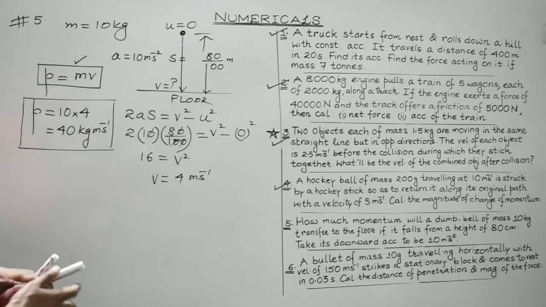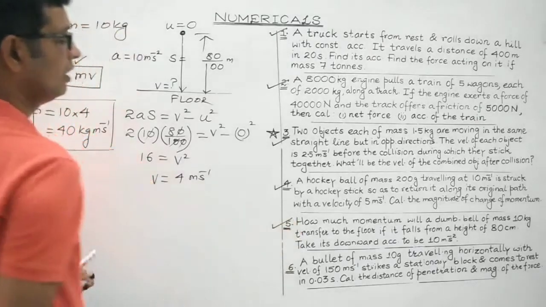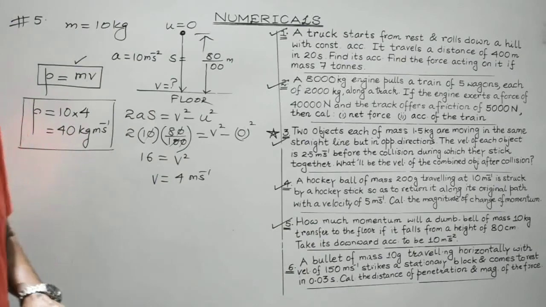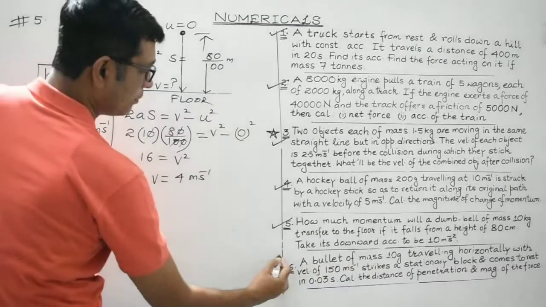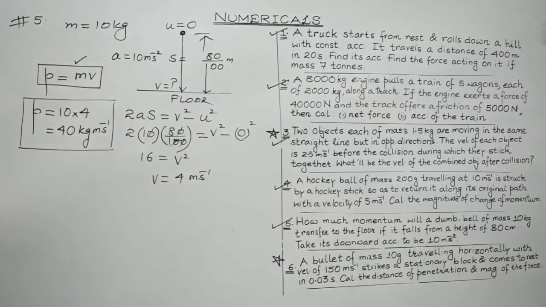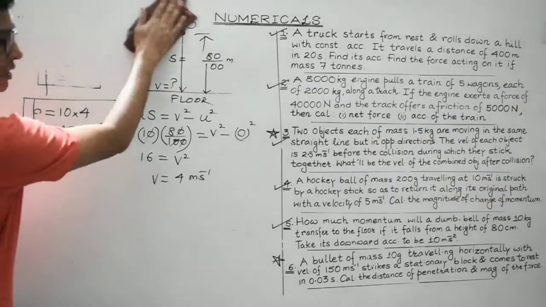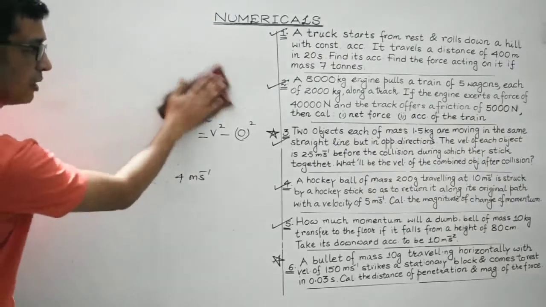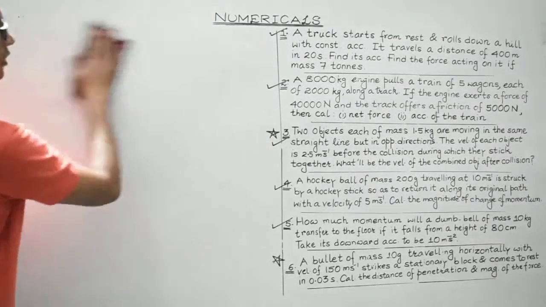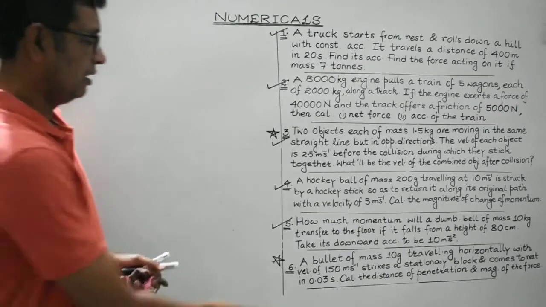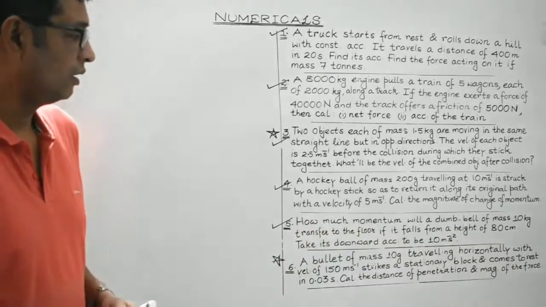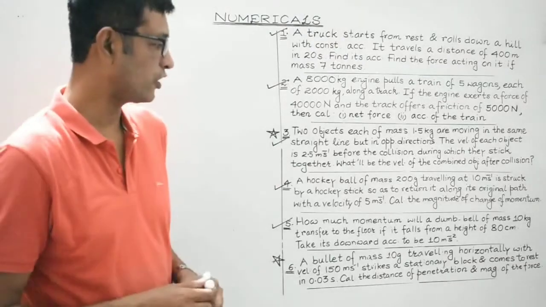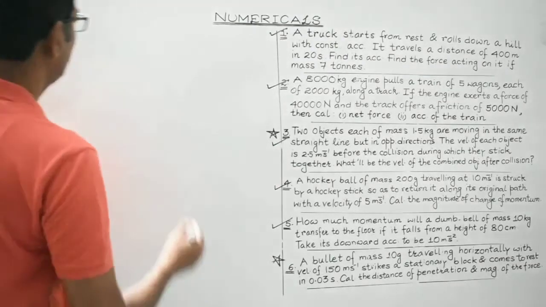Okay, let's discuss, the fifth question is also over. Let's discuss question number 5. The fifth one is also a pretty important one. It's the case of a bullet of mass 10 gram which is traveling horizontally with a velocity of 150 meter per second and it strikes a stationary block and obviously it will come to rest in 0.03 seconds. We are supposed to calculate the distance of penetration and the magnitude of the force, right? So